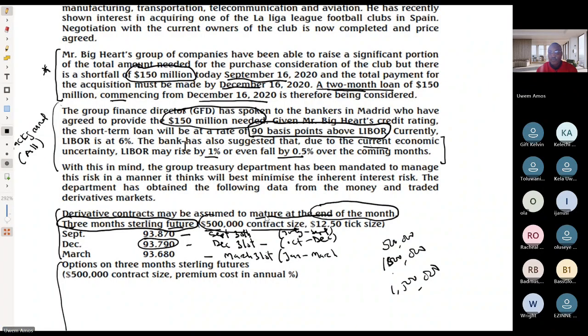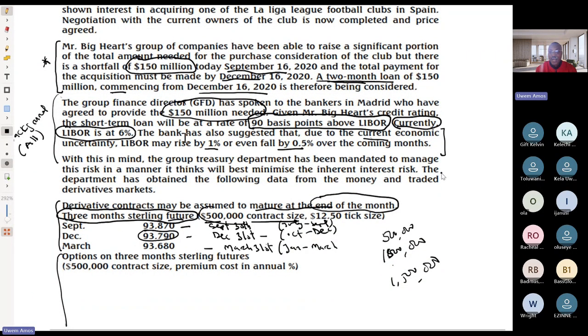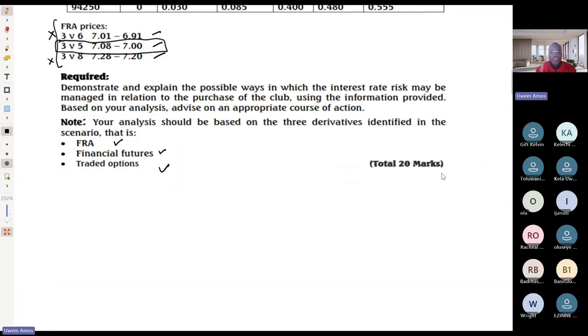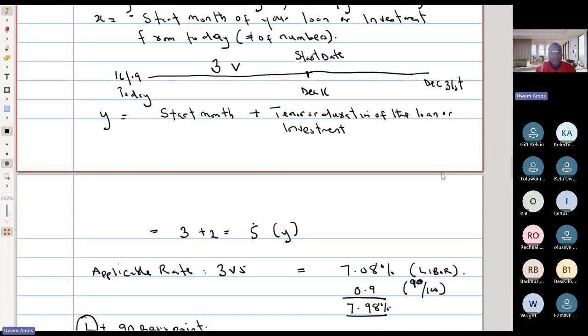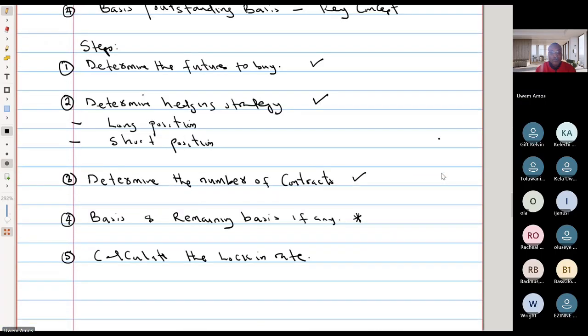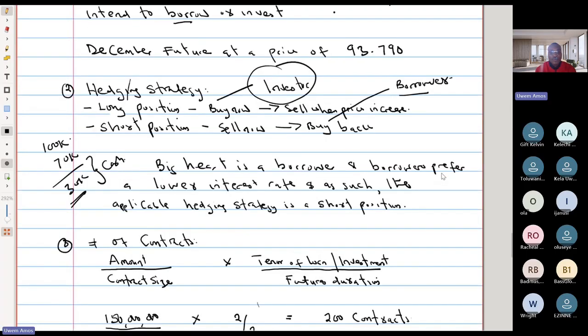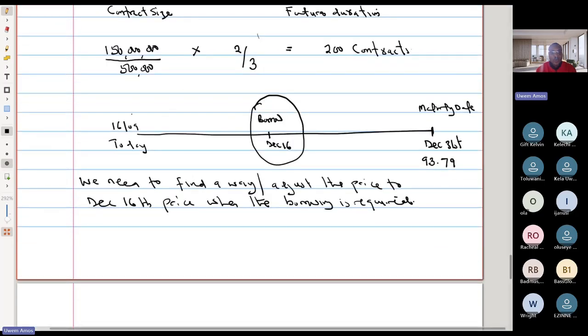Right here, it says currently, LIBOR is at 6%. So currently, or today, the interest rate is 6%. So we have a situation where the interest rate currently is at 6%. Let me write that down. So we have a situation where the interest rate is at 6%, and we have bought a futures that fixes the interest rate